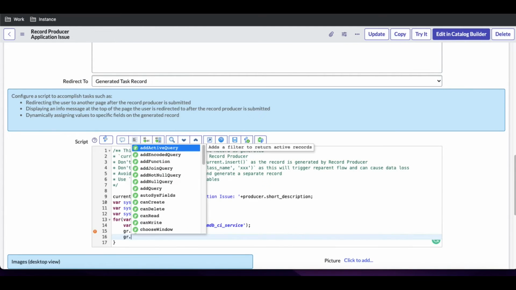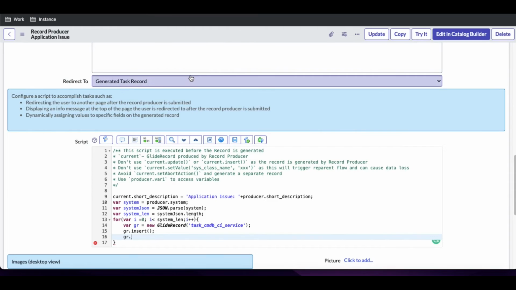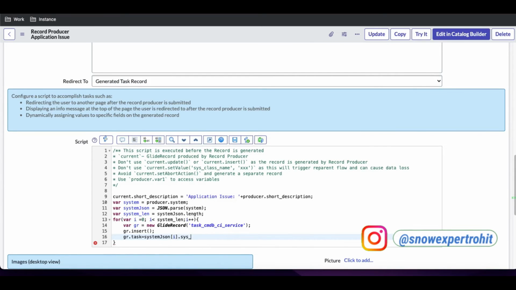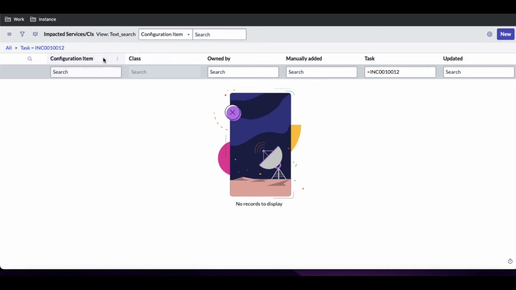Okay, and gr.copy query, and add here gr.task equal to nothing but our case is the system JSON dot i dot system underscore name, and then gr.configuration item, or the CMDB CI,